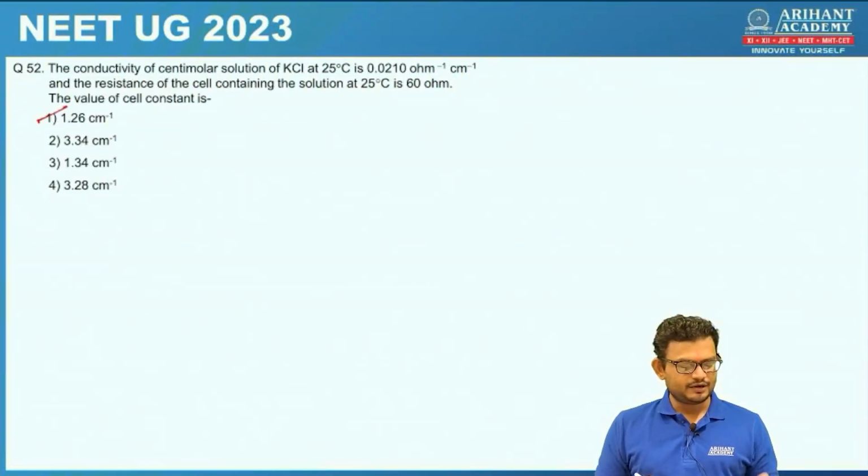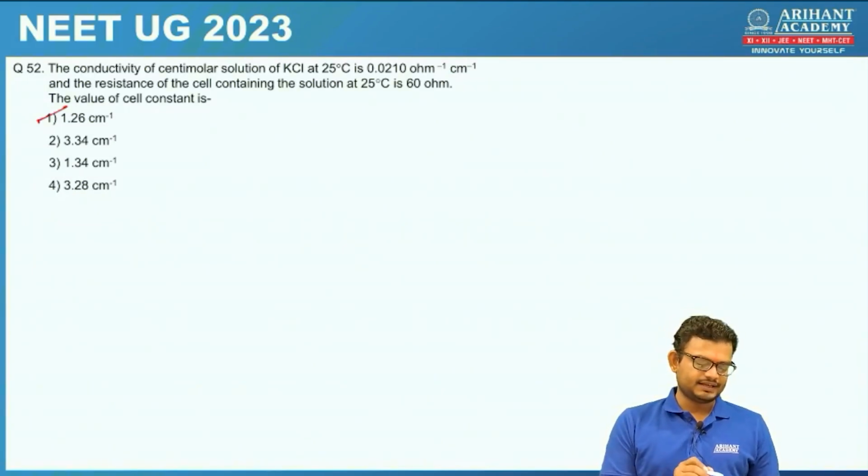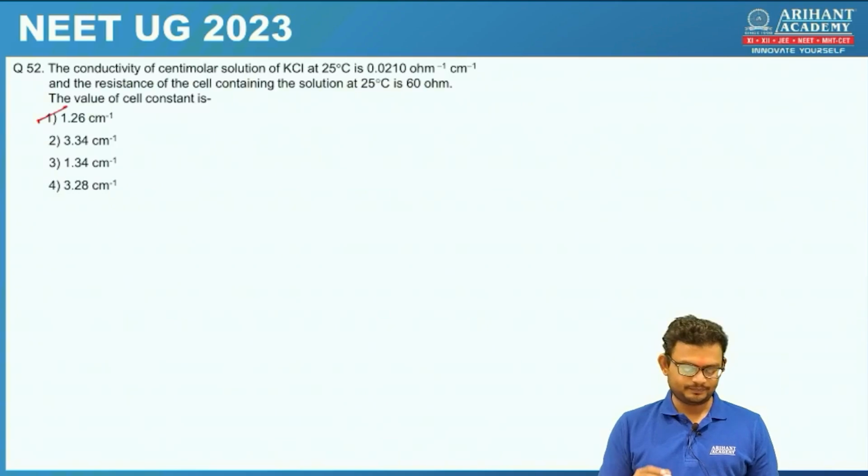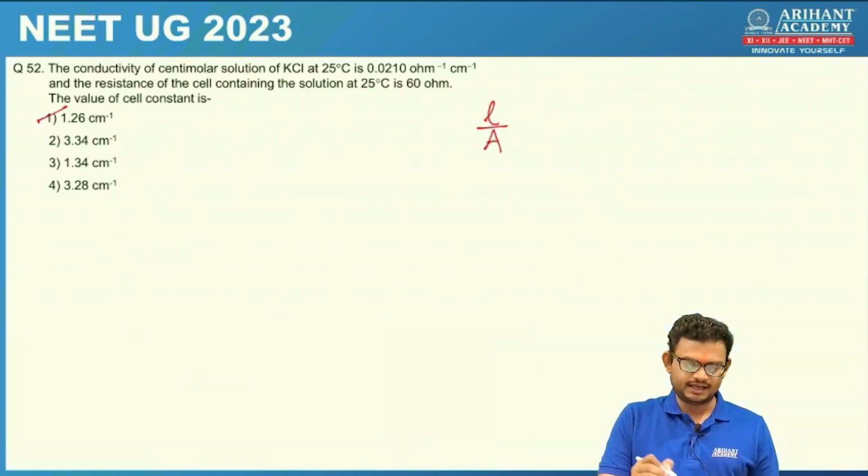The conductivity of centimolar solution of KCl at 25 degrees Celsius is 0.0210 ohm inverse centimeter inverse, and the resistance of the cell containing the solution at 25 degrees Celsius is 60 ohm, and they are asking us the value of cell constant. So we know cell constant is L by A, and very straightforward formula that resistance is rho